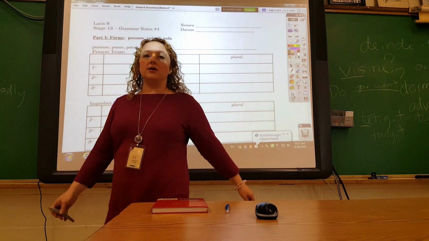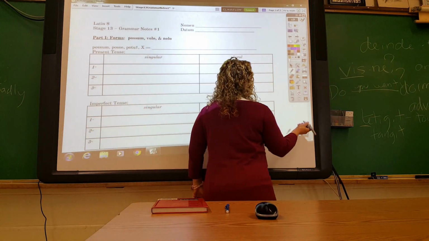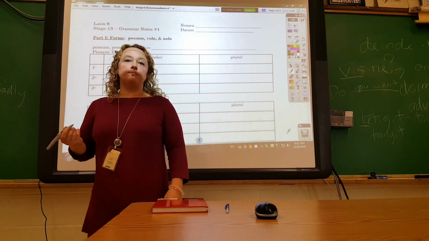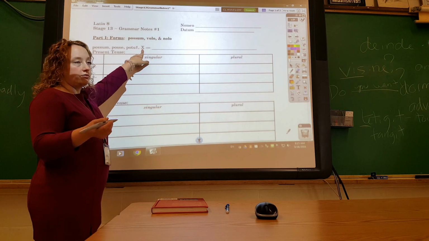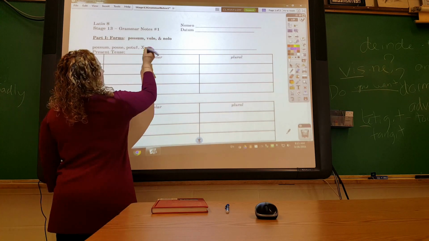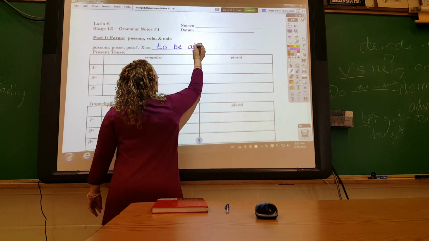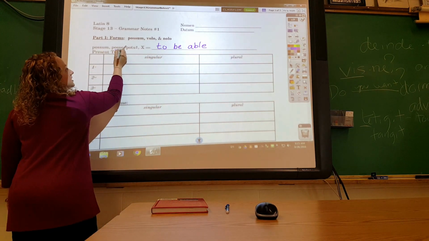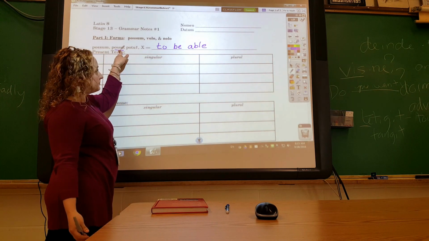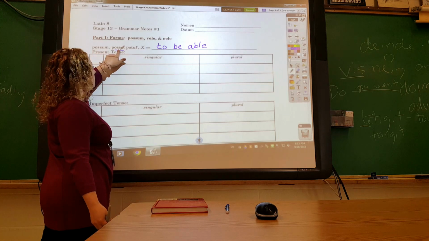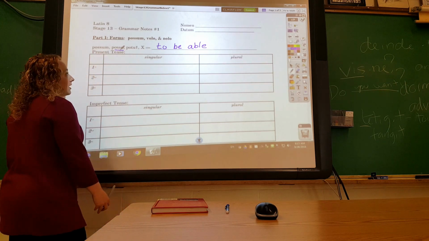So we're going to do the notes for irregular verbs and infinitives. Possum, posse, potui. There's no fourth principal part. The X is just to say there's no fourth principal part, okay? So this verb's basic meaning is to be able. Posse, the infinitive, is also irregular. It doesn't end in RE, but that's what means to be able. I am able, to be able, and then potui, I have been able.